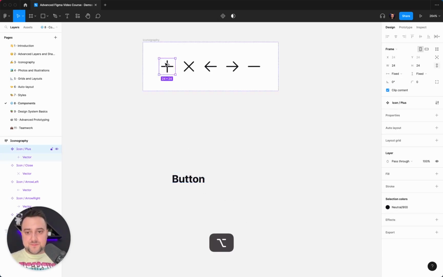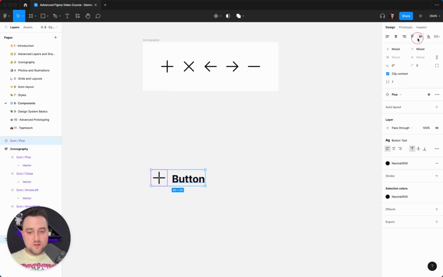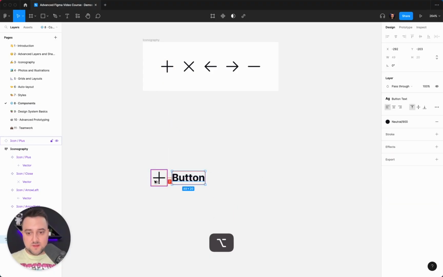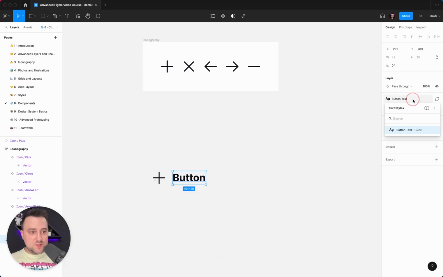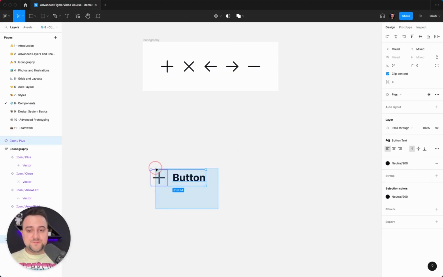Okay, so we can finally move into here, and I have this button. As you can see, the button text has a smaller line height. It's 20, and our icons are 24. And when it comes to a couple of variations of this button that I want to show you and how we can approach components,